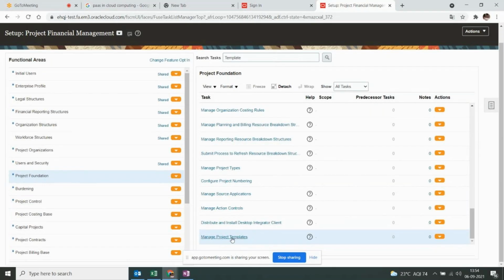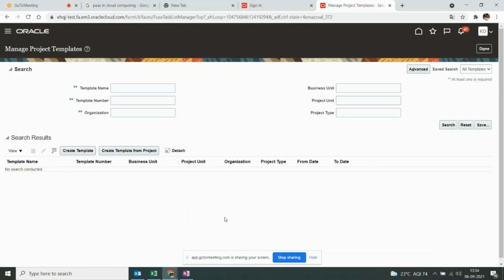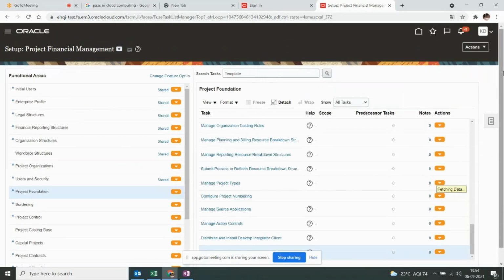You can go and open manage project templates, right? So that is about the tasks. And again, about these actions, I'll try to give after looking at the configurations.